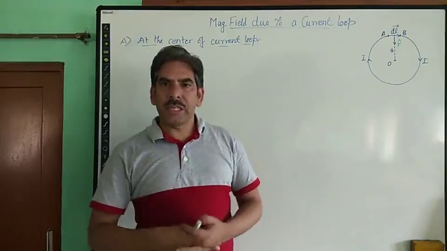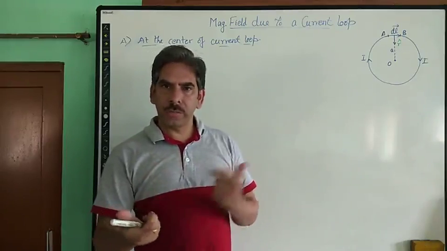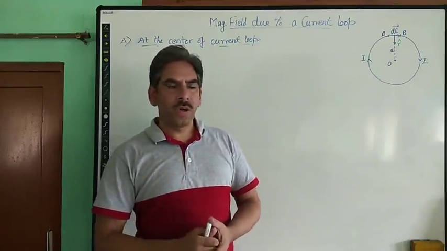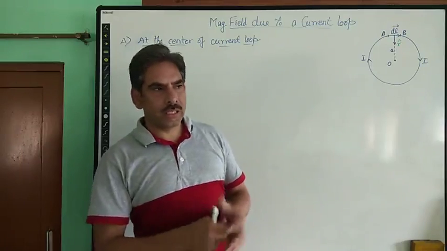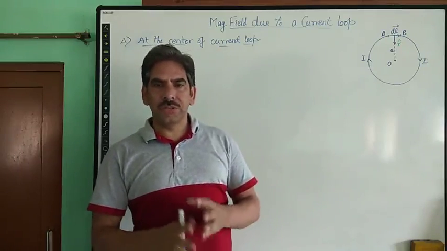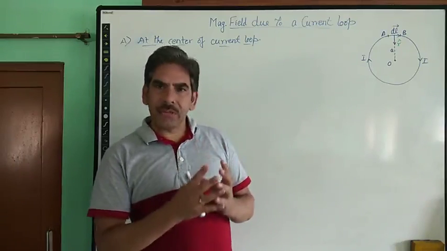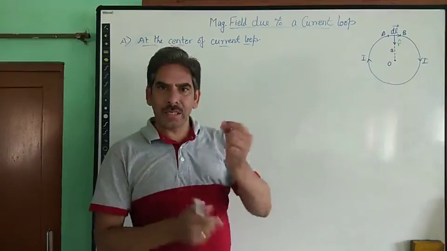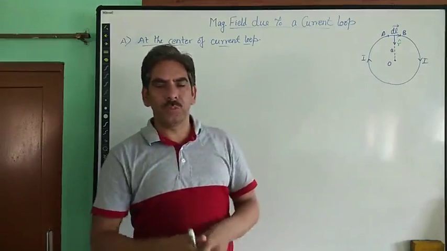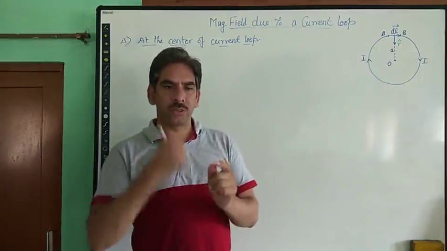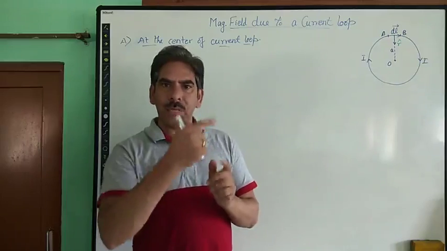The direction of this magnetic field can be found either by the right hand screw rule, by using vector algebra, or by using the right hand thumb rule. That was the Biot-Savart law which we discussed last time. Today we will discuss the magnetic field at the center of a current carrying loop and on the axial line of the loop. We are trying to find the magnetic field due to a conductor, or a loop, which is carrying some current.